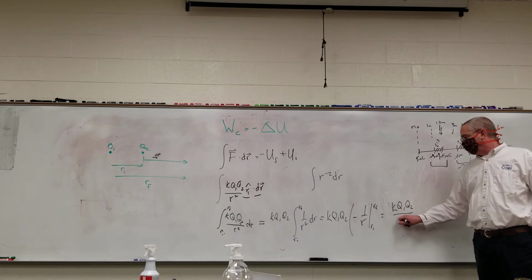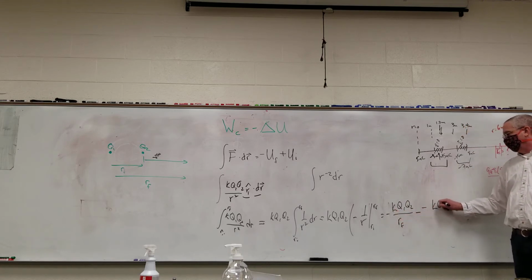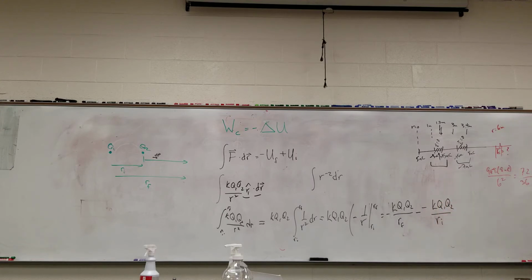K Q1 Q2 over negative R final minus negative K Q1 Q2 over R initial. And that's equal to negative U final plus U initial. Therefore,